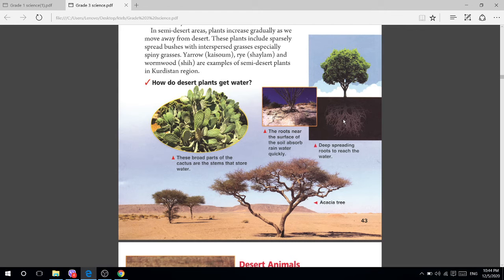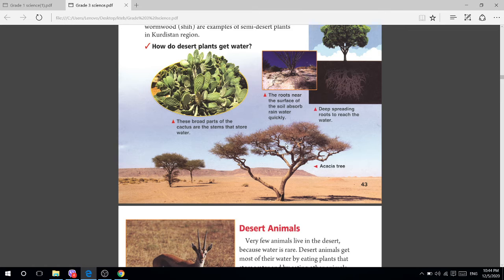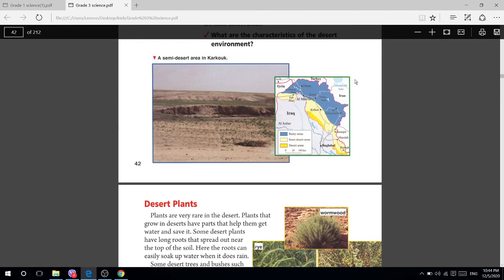And this one, acacia, has deep spreading roots that reach water. This is the acacia tree, do you see? They have very long roots in the desert area. Okay, students,